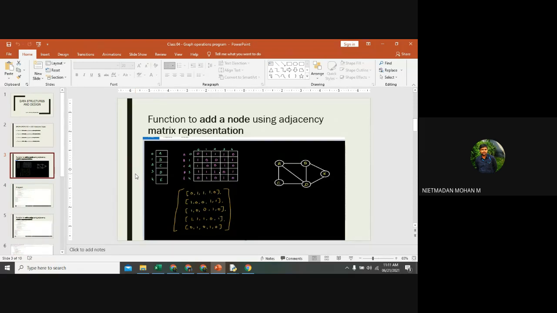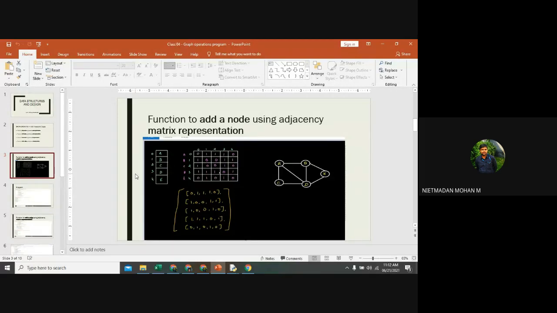Before going to the lines of code, I will tell you how it will be represented. First, you want to create a node and insert the node. After that, you can give the edges for that particular node based upon the two vertices. If you are inserting A, B, C, D, and E, they will be inserted without any connection between the nodes. The nodes with the vertices will be inserted first, and after that you create an edge for A to B, B to C, C to D. That is the concept for the matrix representation.